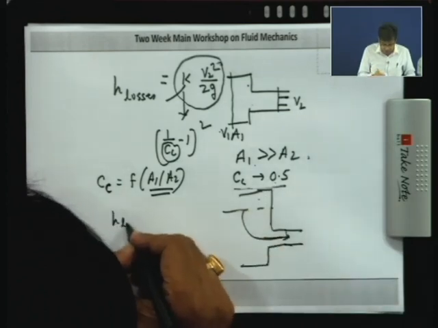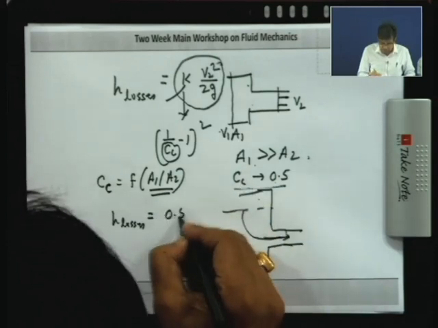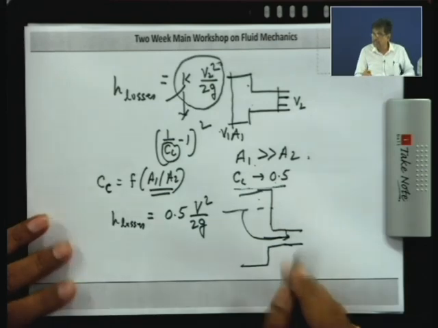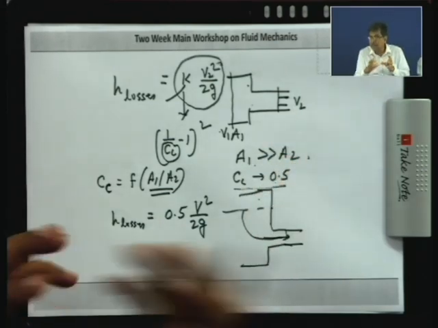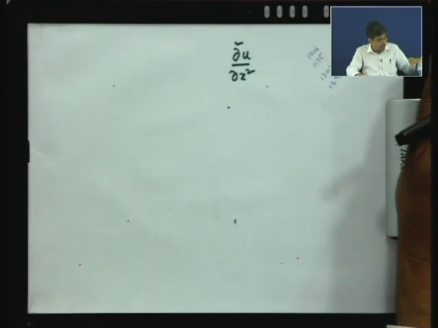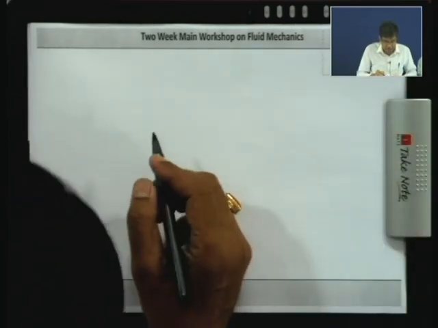So, therefore, these losses, as a special case when A1 is very much greater than A2, we term as the entry loss. That is entrance from a big tank to a pipe, similar to the exit loss, exit from a small pipe to a big tank. Okay. So now you get this concept, and before I conclude, I will tell you about the pipes in